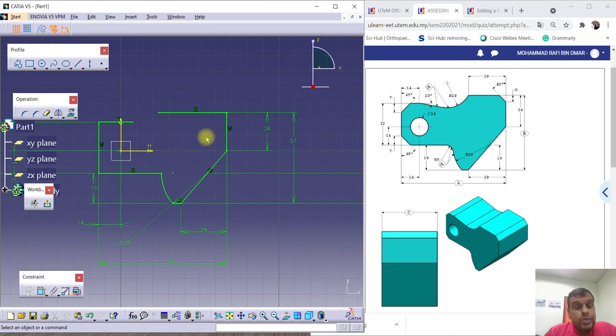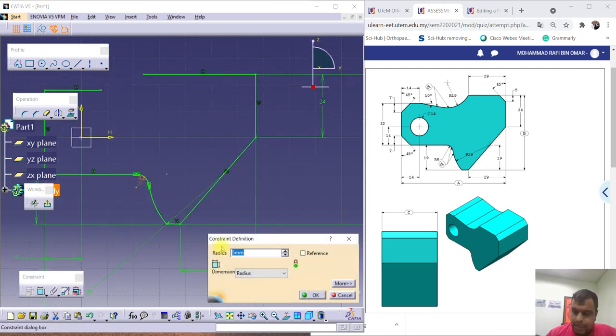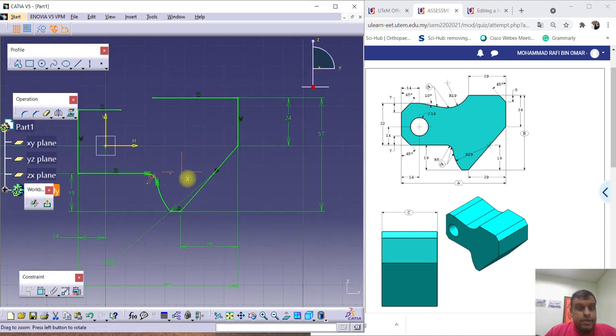Now you see here there is one radius 5 mm. You just create a corner between this line and this line, and then you press tab to put the dimension, or you just drag and put 5. If you just drag the first time, you double click and then change to 5 mm. After finishing,